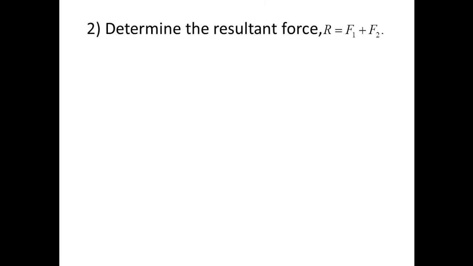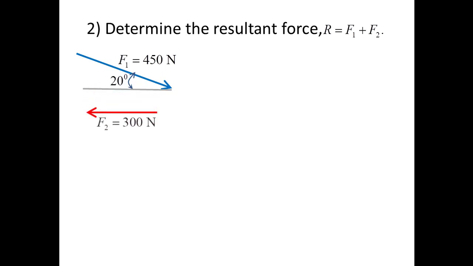The second is to determine the resultant force R, which is F1 plus F2. Now the given force is at 20 degrees from the horizontal, and the magnitude is 450 newtons. We have another force F2 of 300 newtons, and the problem is to vectorially add these two together to form